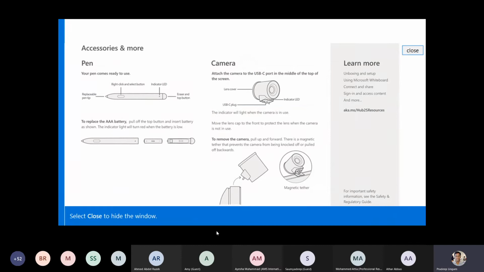This is how the pens look. The pen has one single AAA battery. So we'll have to pair it. That's a Bluetooth device. You have to pair it to the Surface Hub 2S. And the camera is a 4K camera, and it connects to Surface Hub through USB-C, and it magnetically